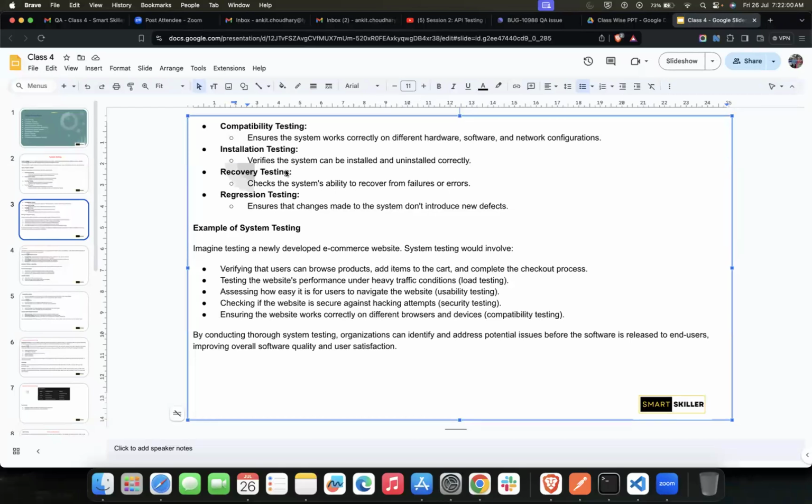Yes, I can give an example of downloading Java to my laptop. There should be a version of Java that is capable for this laptop, I mean, whether it's runnable or not. Even we have to choose the correct version of Java to install on my laptop. Correct, so that is compatibility testing. Yes, that is the example.